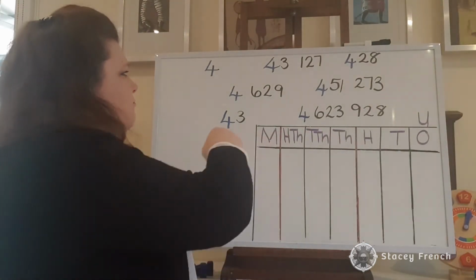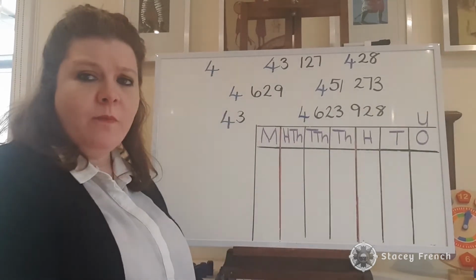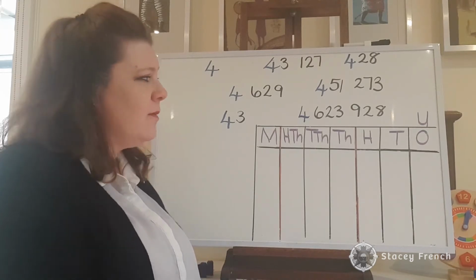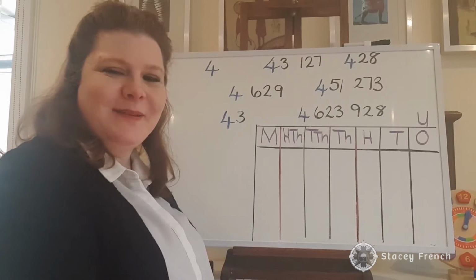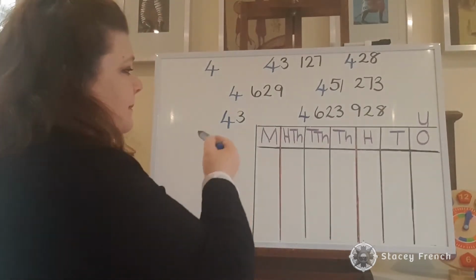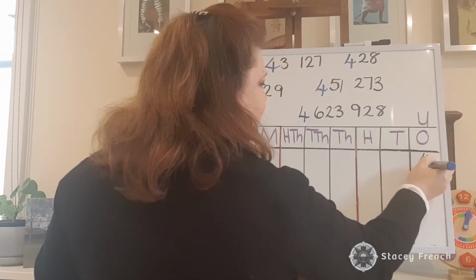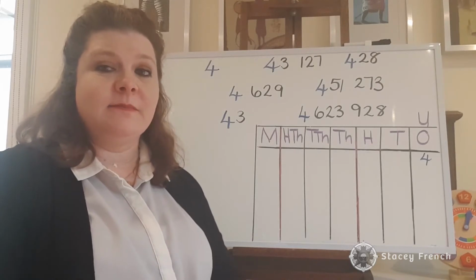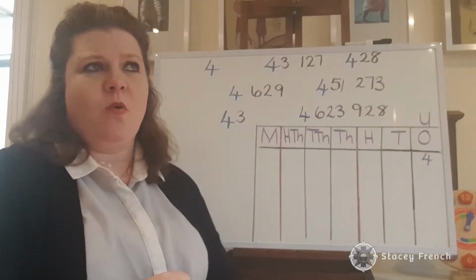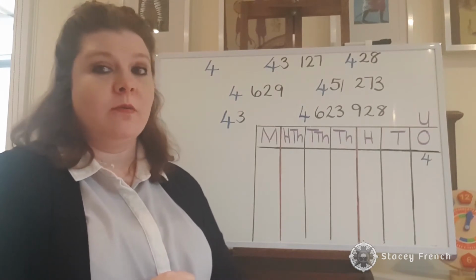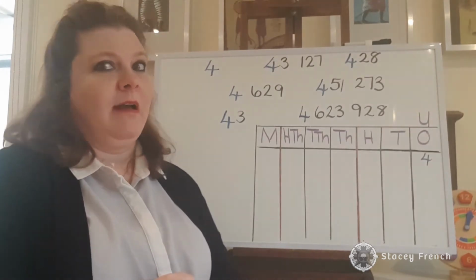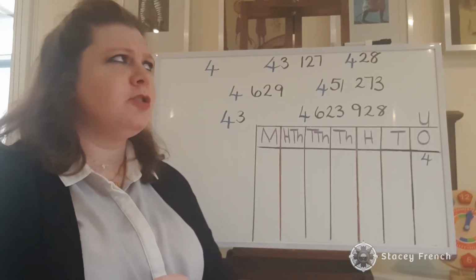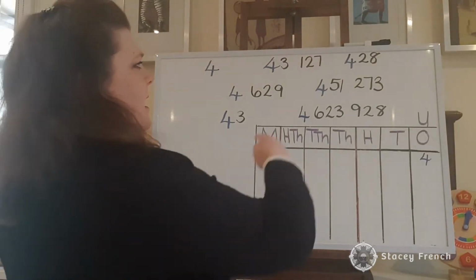We might start with the number 4. We're going to place it into the ones column or the units column, depending which country you are from. In it goes. The number 4 is 4 cats, or 4 dogs, or 4 cupcakes. That would be very different to maybe the number